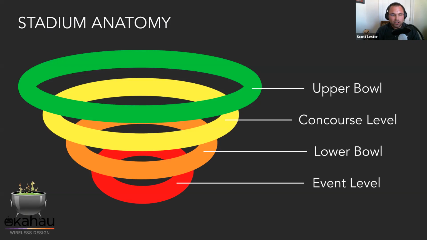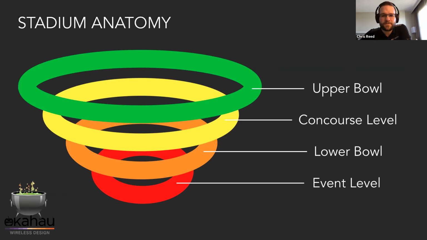So as we look at the different layers, as we've drawn them out here in the different colors, when you're a wireless engineer approaching a project where you're providing a wireless network design for a facility such as this, I think it drives a lot of thought behind what the purpose of each level in that facility would be. Chris, do you want to talk about how you would approach a multi-tiered design like this?